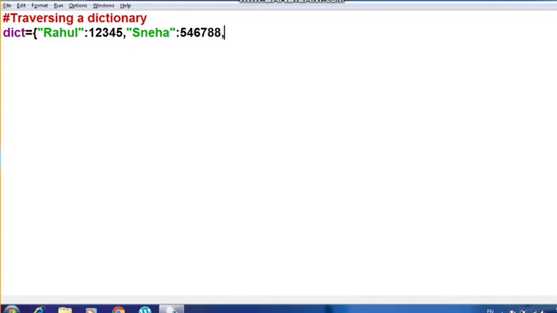Again let's write Pooja, and then Priya. So different entries we need to write here so that we can understand how the loop is going to be executed. Alright, so that's all.